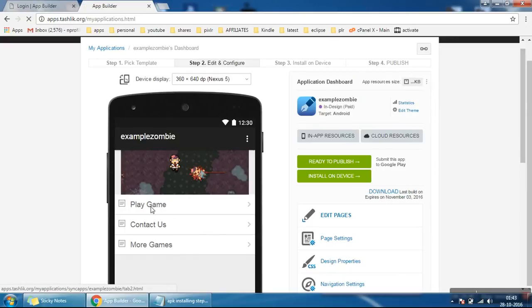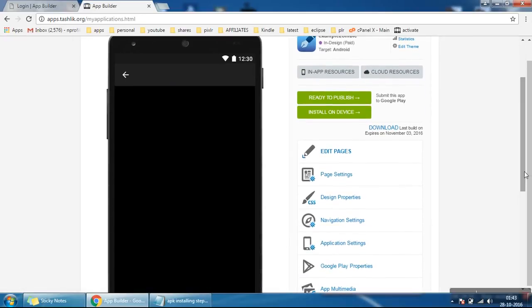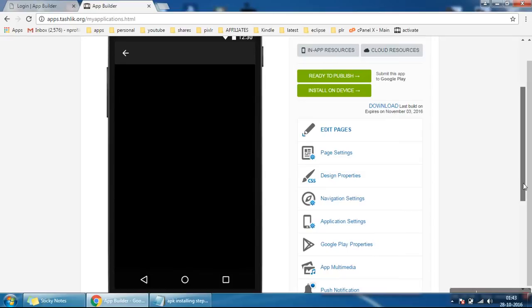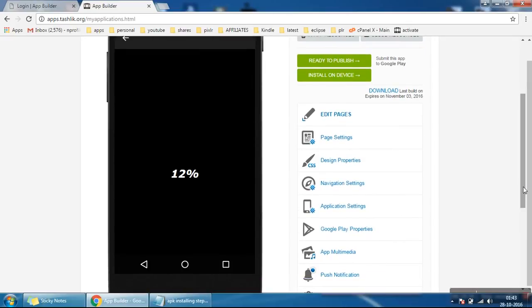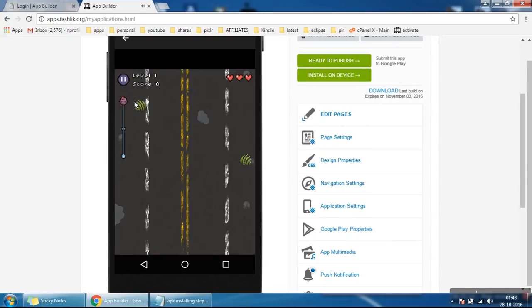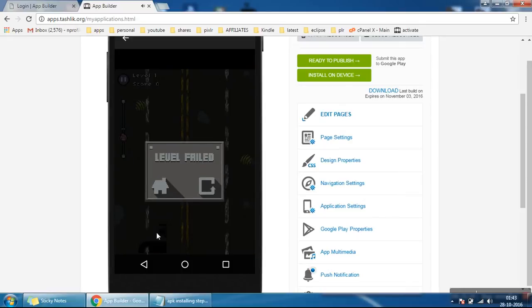Let us click on play game. Now the characters of the game have been changed. I will click on play. Let us see stage 1. See here, there was a zombie character. Instead of that we got a coffee character. This is a zombie character, but here where there was a zombie, it has got a coffee character. So like that you can change the images.